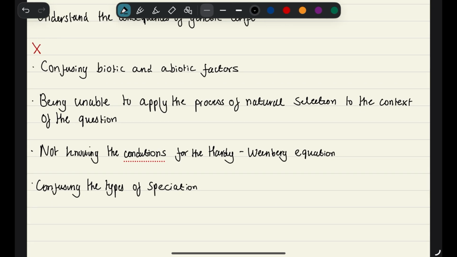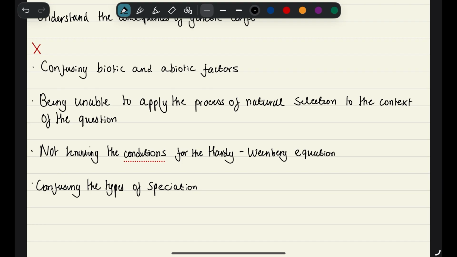In terms of what we don't want to do, biotic, abiotic factors, just think biotic living, abiotic non-living. I think that a typically means like not or without, right? And then you're thinking the process of natural selection. I have said if you rattle off that thing, you will pick up most of the marks. But if you really want to get that extra bit, just relate it to the context of the question. So there will be context in the question. If you just relate it to the context, you typically will pick up an extra mark, maybe even 2 on a good day. So just be aware of that.